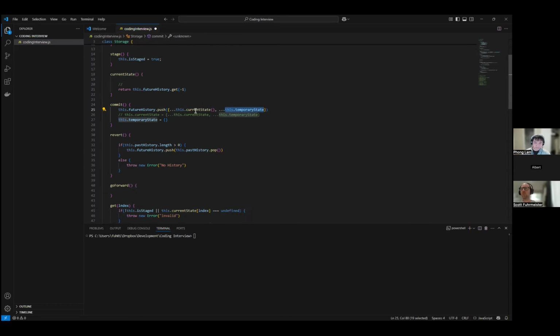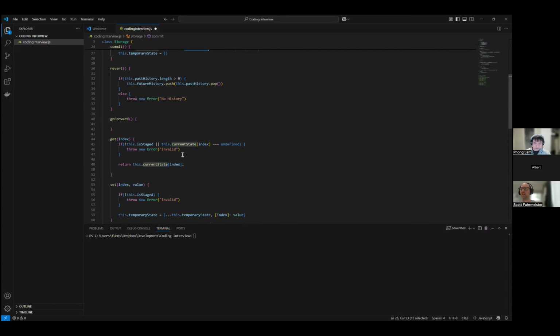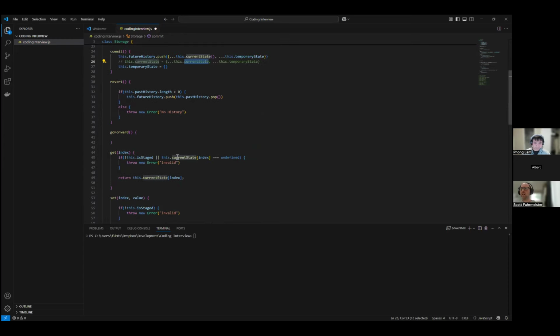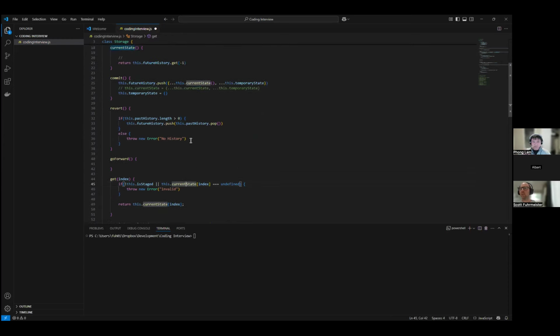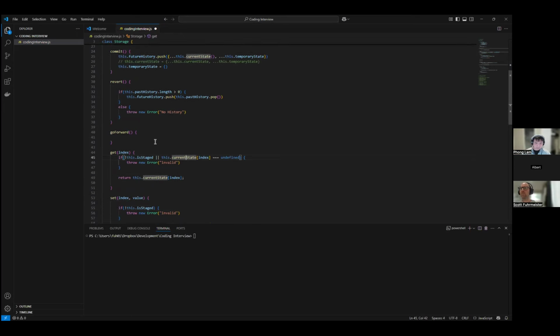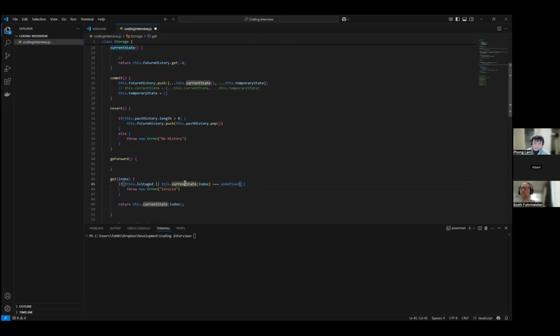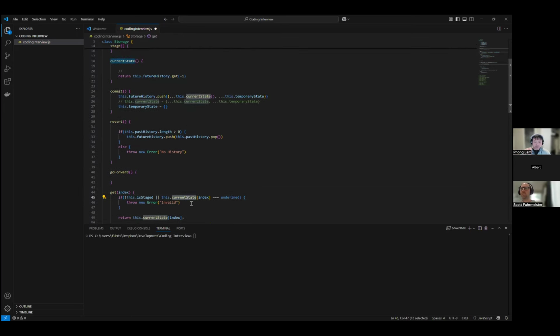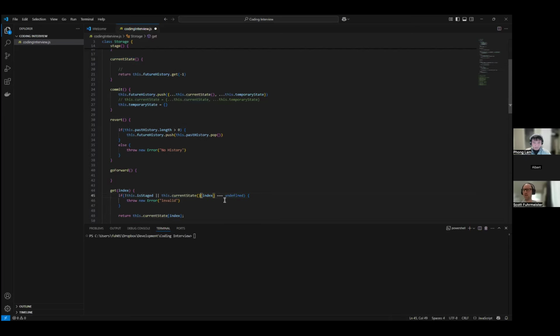That should work. So we've got a couple of things down here that we have to check. This at index is not going to work now, because you can just call it at and then index. That works for you too. So you do this dot current state, call it. Oh yeah, I can too, of course.